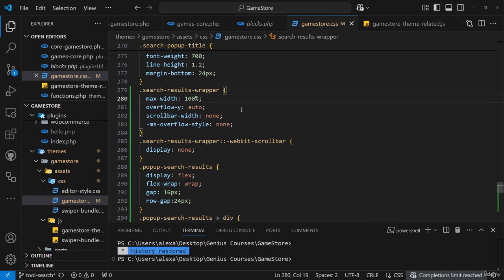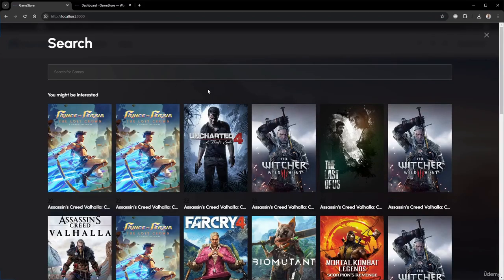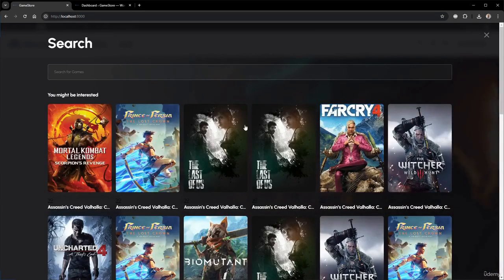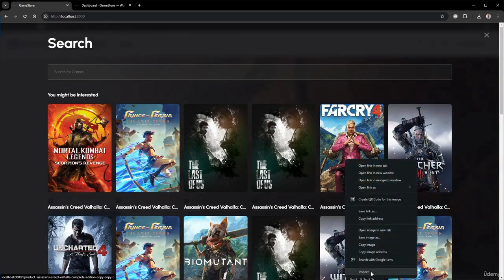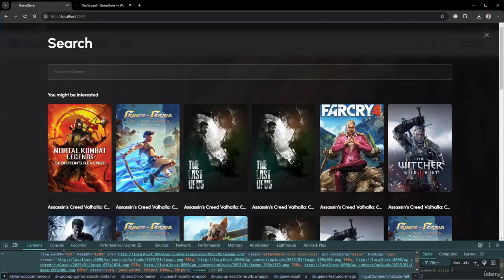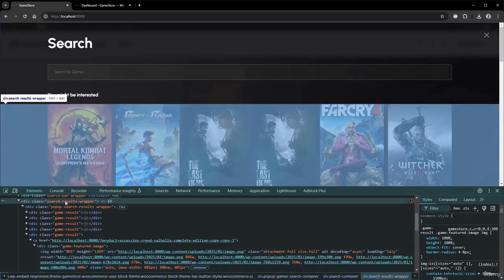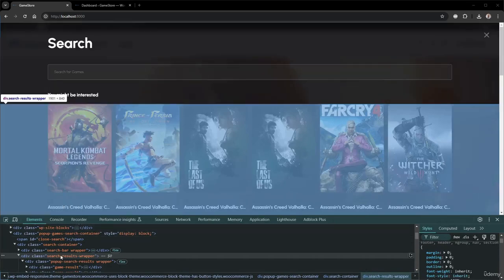So okay, we added this scroll. Let's look at the page. So our height